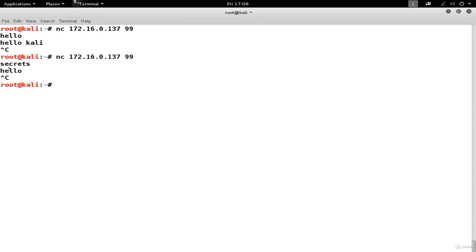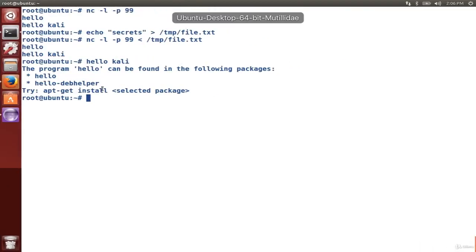You can end the session by Control-C. And whenever you end the session on the other side, the other side will automatically terminate. It's a TCP session. Not only can you send files back and forth, which in Exfil is extremely useful, but you can also send